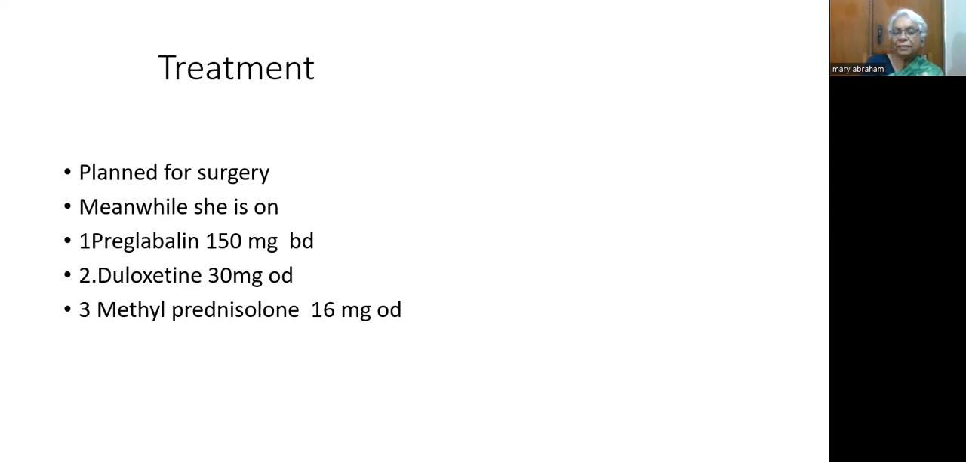And then you can go up to the proper doses, up to 300 to 400 mg of tramadol. And if that is not working, only then can we escalate to morphine. But this is